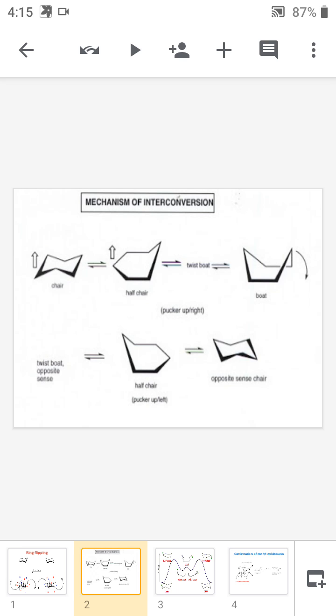All these strains exist in the half chair. This is mainly due to the angle deviating from the tetrahedral bond angle, that's why it acquires the angular strain,